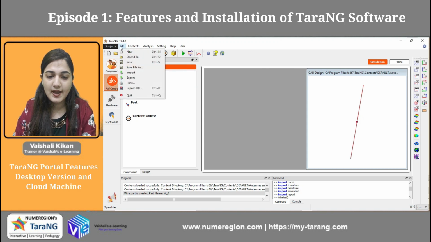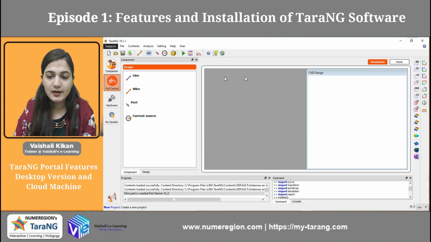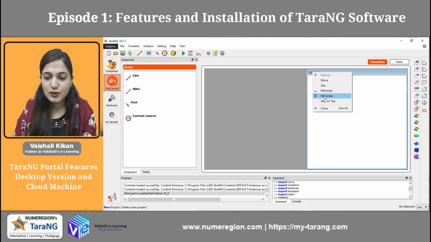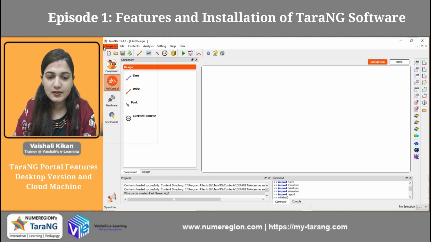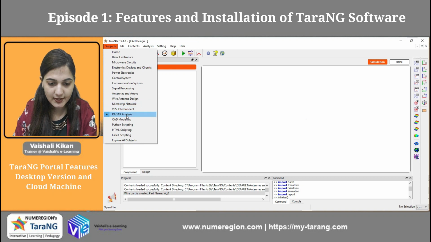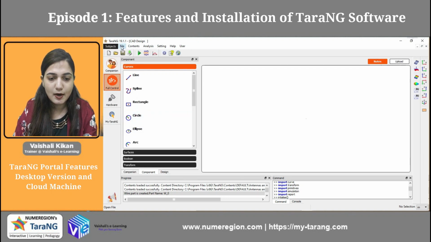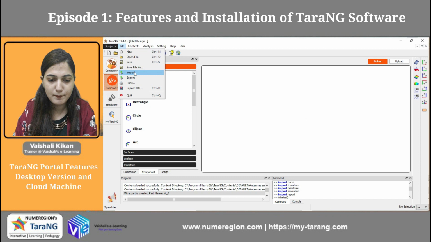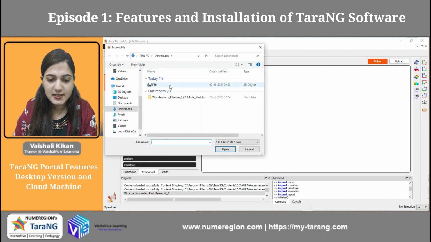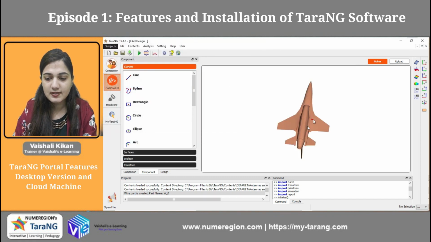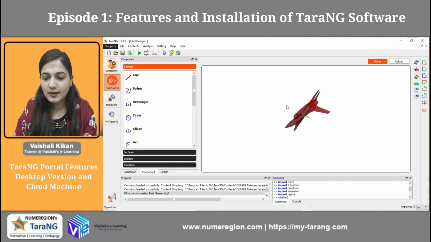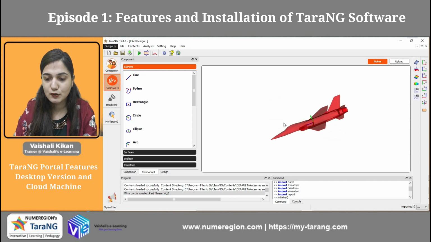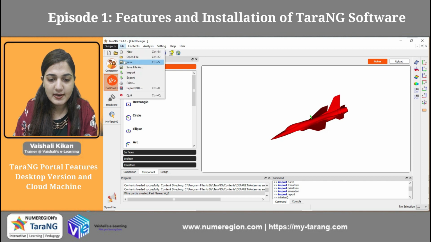So now I have various other designs as well. So again I am going to maximize it. In the subject I am going to the radar analysis, and now I am going to import a file, F16. So F16 is the imported file. It is actually created in another software, and you can analyze any design in this software also. Okay, so now you can open any file as well.